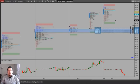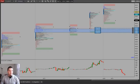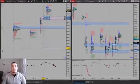When we break up multiple distribution profiles, we have a D here followed by a P. This D's value area and this D's value area line up. We got multiple hits, multiple reasons for this area being support. So looking to buy 49.10 to 48.90. That's the trade idea here in crude oil. Looking at gold,